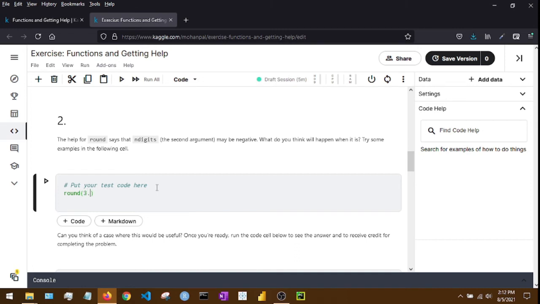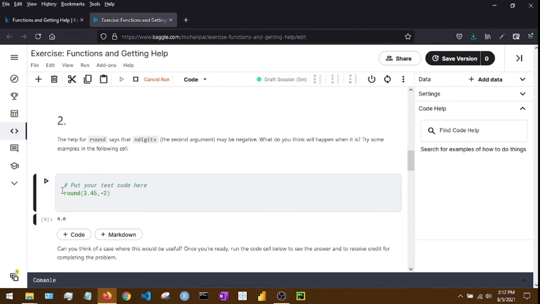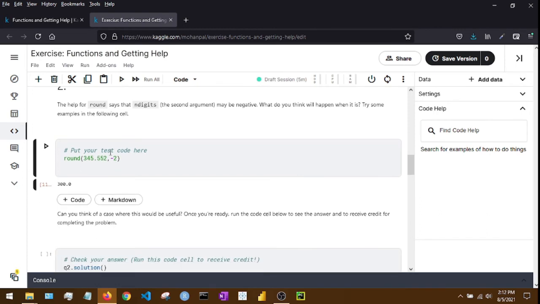So let's say we pass it 3.45 and then we say -2, and it gave us 0. If we change it to 34.5, it again gave us 0. Let me try it this way, and yep, now it gives us 300. So the concept behind this is that